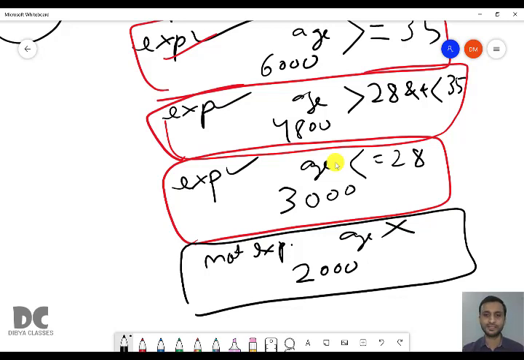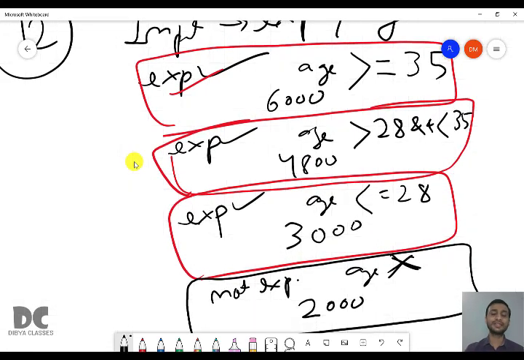If he is experienced, then only we'll check his age. If age is greater than or equal to 35, it is 6,000. 28 to 35, 4,800. Less than or equal to 28, it is 3,000.